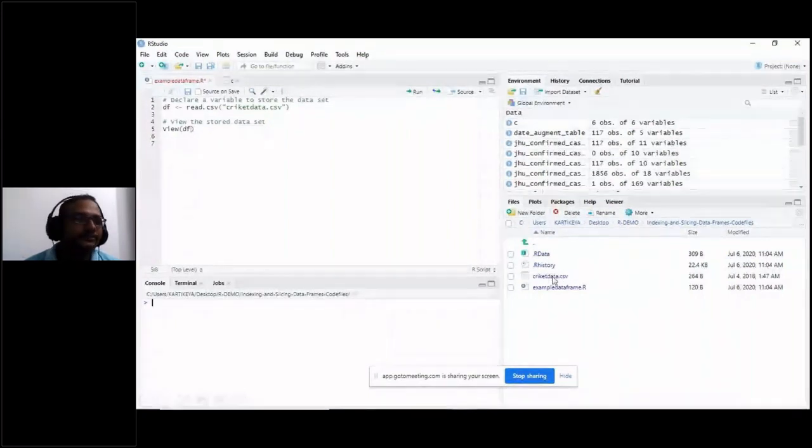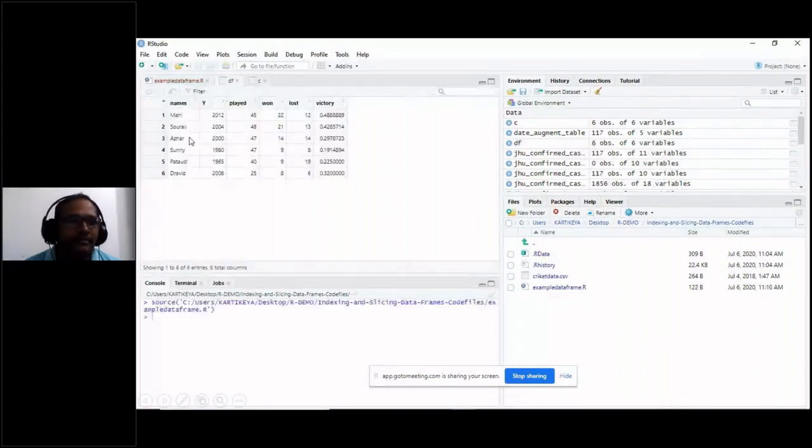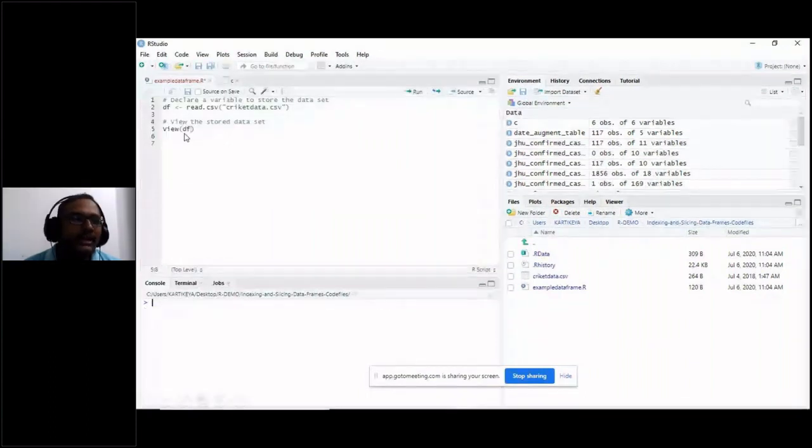Now, after reading this data set, if you want to see your data frame or data set, you have to use the command View on the data frame. Please remember that the V in View is capital. If you have written a small letter, your View command will not be executed.